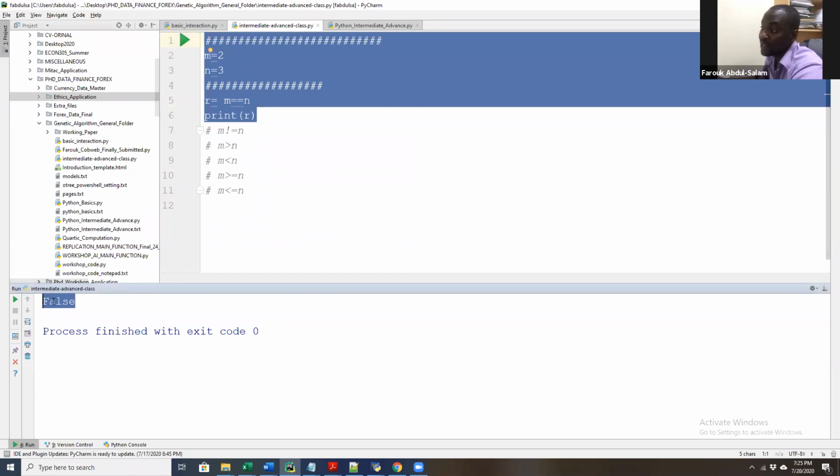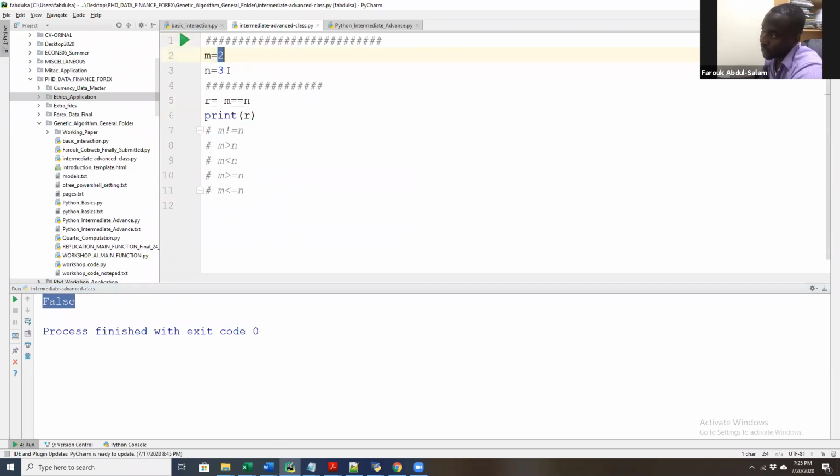So Python says that this claim R that we just made is wrong because M is 2 and N is 3. So there's no way the two can be the same. So that's one way of understanding the Boolean operators, and it's going to be very important in terms of you developing your functions. Now let's assess the second claim, wherein we assume that,